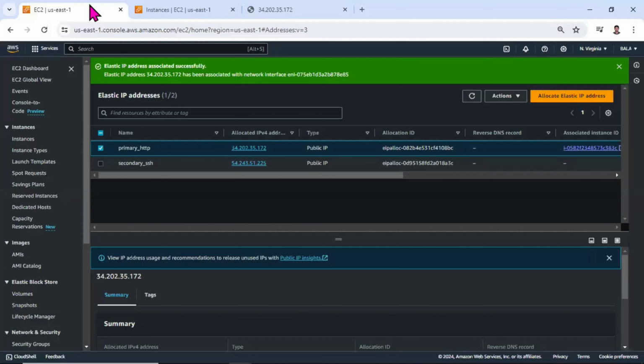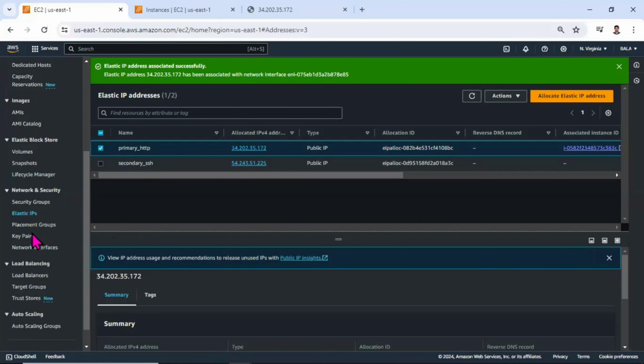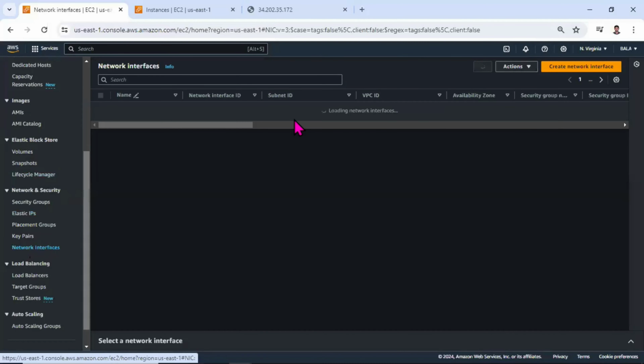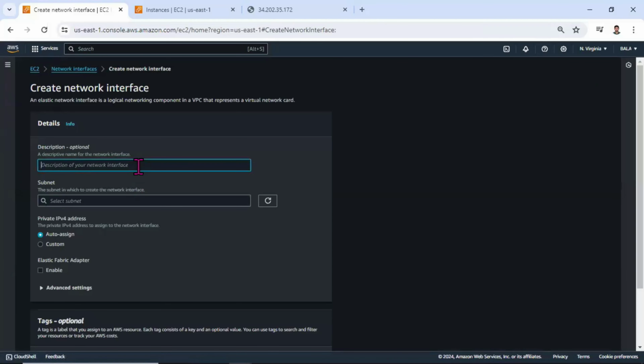elastic IP. So now what we are going to do is create another ENI and attach this elastic IP into the ENI. To do so, click on the network interface, then click on create network interface. So here, this is called a secondary